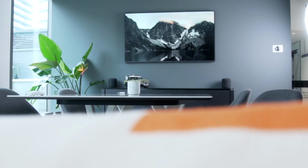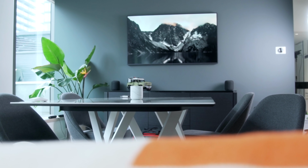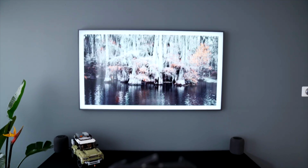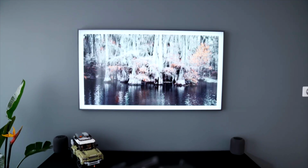It's just a nightmare. And coming on to the final wall of the living room, which is almost like a duplicate of its counterpart wall on this side of the camera, just on a smaller scale, we have another TV, but it is the Samsung Frame. It's a 55-inch TV, and the whole point of that,